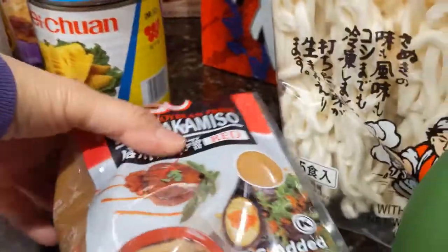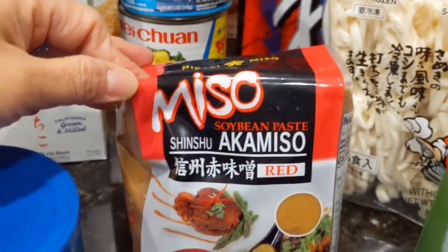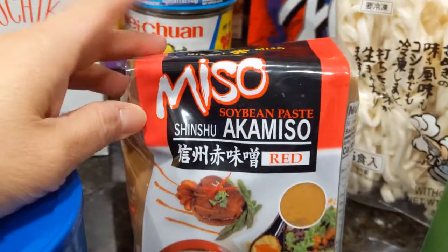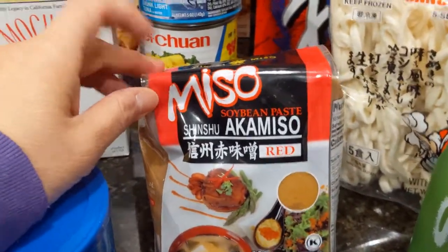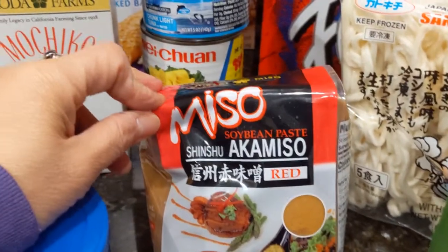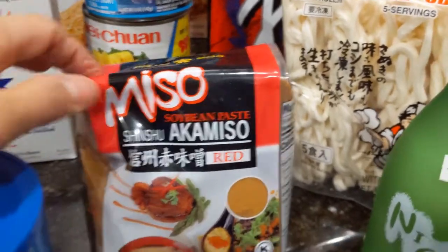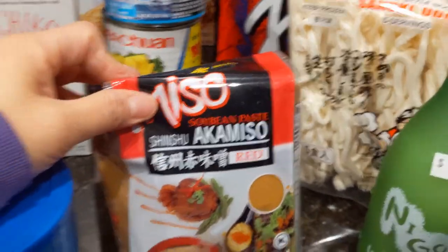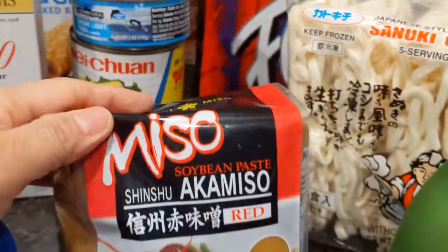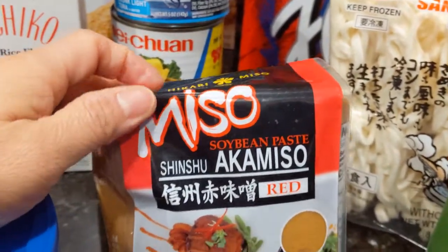Okay, then here we have red miso paste. I have white miso, which I've used when I cook with fish or if you're making a soup. But I found a recipe to make, I guess it's like a miso soup, but anyways, it uses red miso. And this keeps perfectly. Once you open it, you want to cover it with parchment paper, and you can even freeze it because it doesn't quite freeze, and it'll keep fresh longer. So it's probably going to be for soup, and also I might use it in the recipe that utilizes these